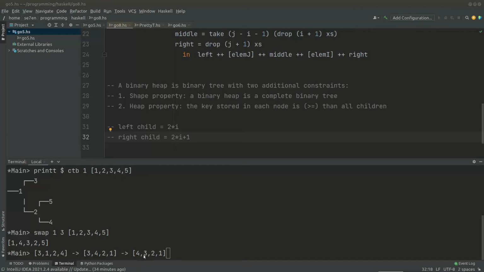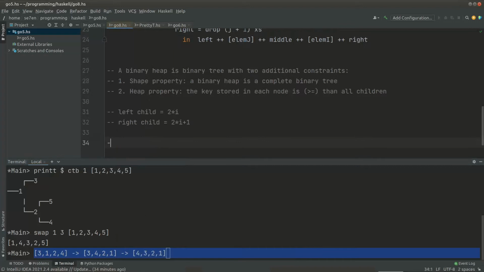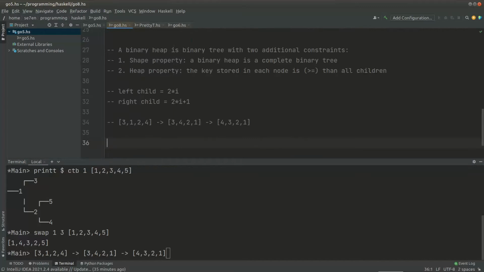So let's do this iteration process of swapping elements in to implement this in our Haskell code. So I will copy this example here, and now let's define our function. I will create one function, I will call it ins,